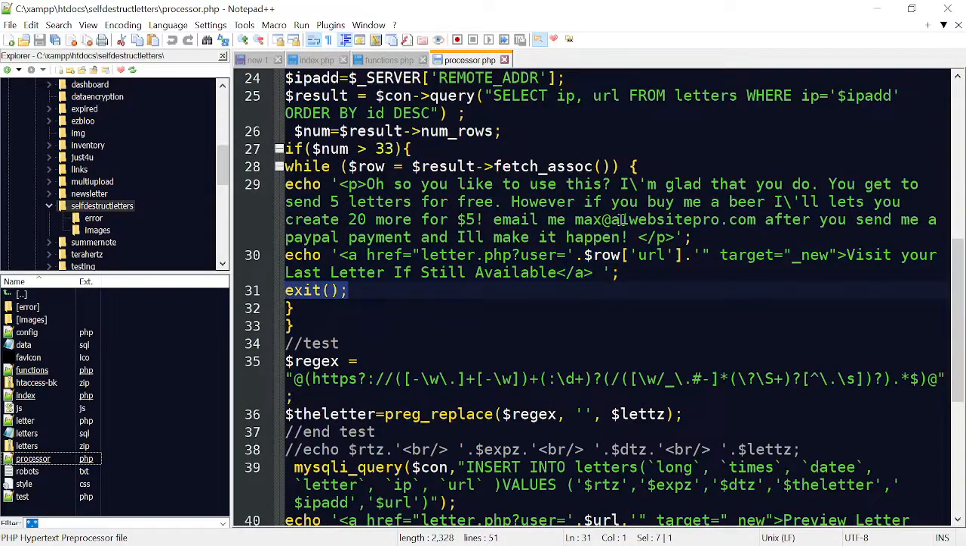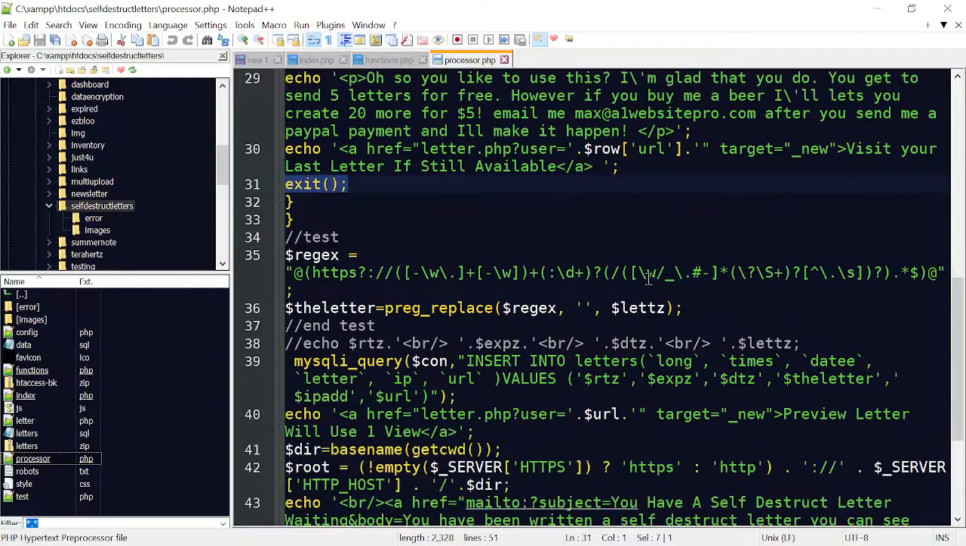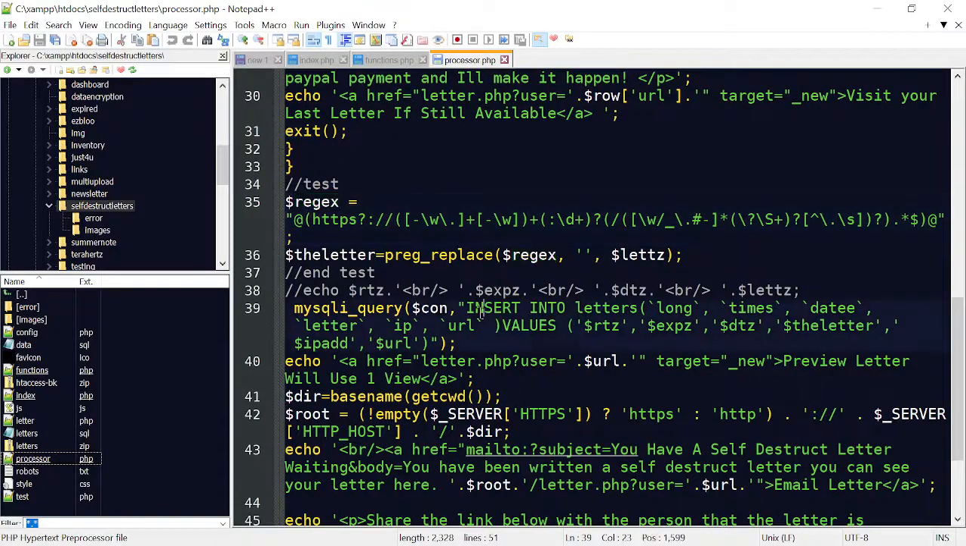So if that person is putting it over and over, maybe spam bots or whatever, we're not going to allow them to make any more letters. Okay? Here we start with a regular expression. We want to use preg_replace to make sure that there's no coding or anything like that going on whenever they're writing the letter. And then finally, we will insert into the letters the letter, the expiration time, how long it's able to be accessed for,